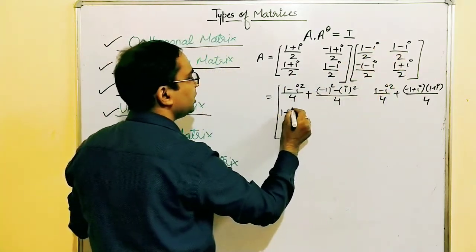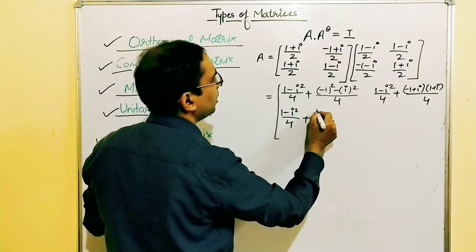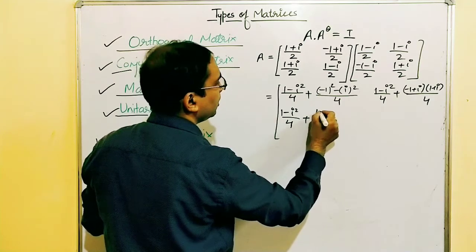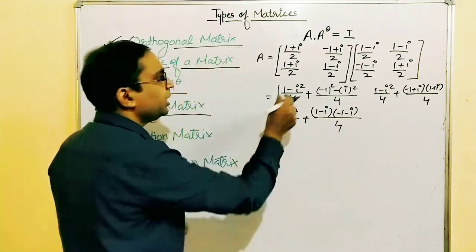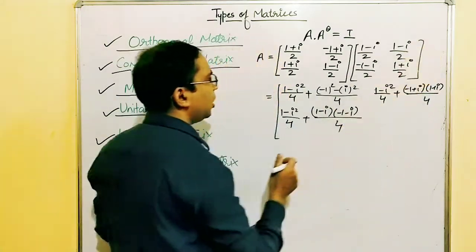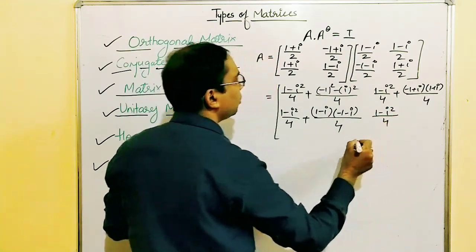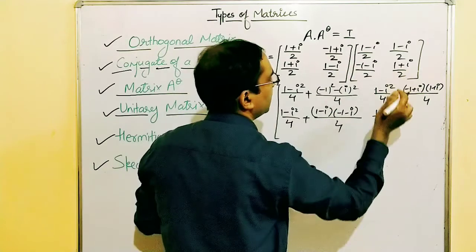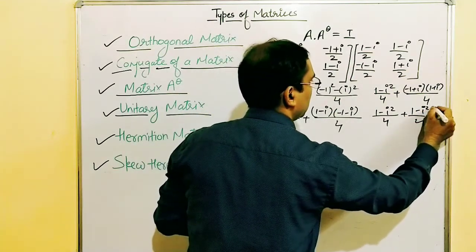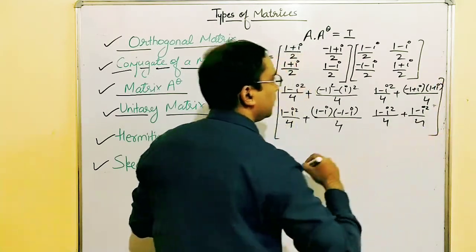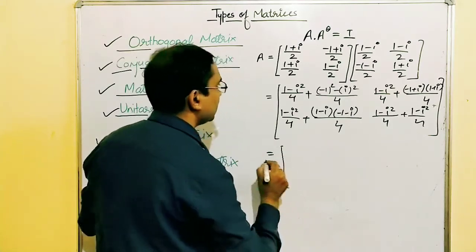So we have (1 minus i)² upon 4, and then plus we have (1 minus i) multiplied by minus (1 minus i) whole upon 4, and then we'll multiply this row with the top column. So (1 plus i) and (1 minus i). This is (1 minus i)² upon 4, and there's (1 minus i) into (1 plus i). It's again (1 minus i)² upon 4. So this is what we have, and then on solving this we'll be able to see that this is